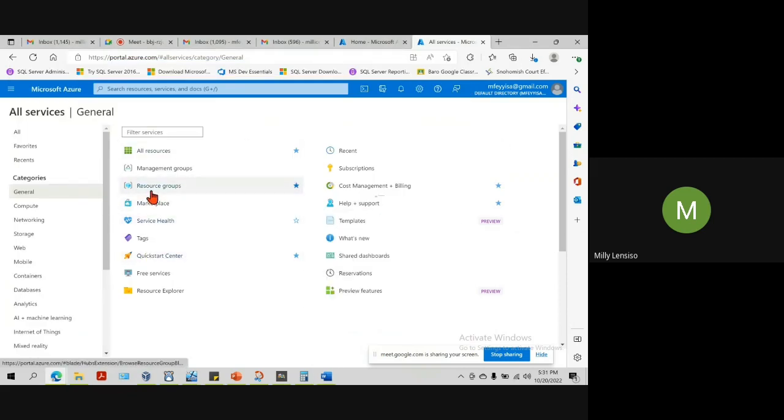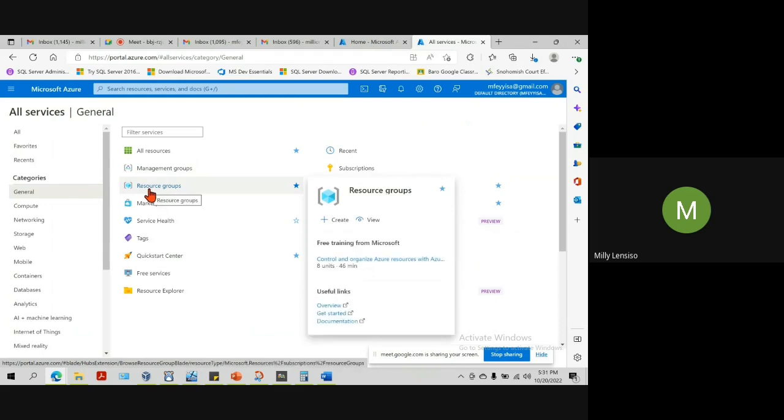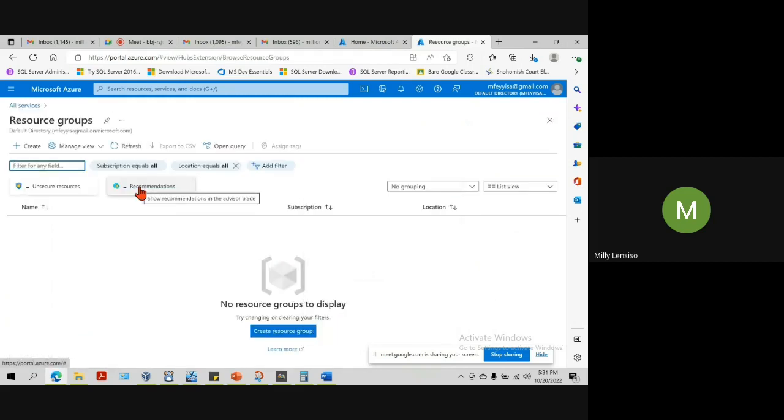Like I said, everything will be contained or will be stored in a resource group. It's like a basket that contains everything in it. So